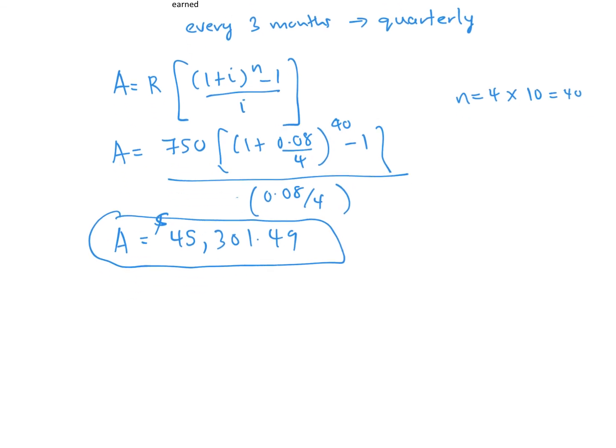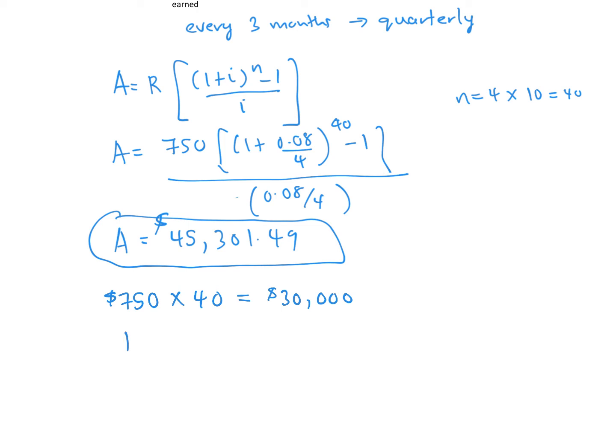So remember that Danielle is depositing $750 every 3 months, so 4 times a year for 10 years. So she's depositing $750 40 times. That is a total of $30,000. So she has deposited $30,000 of this